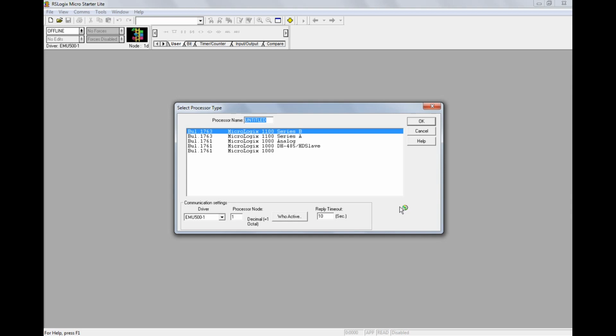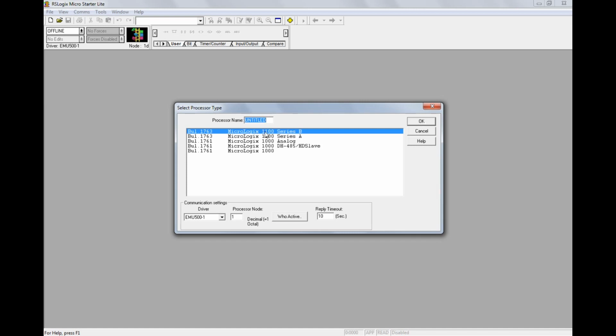If it is RSLogix 500, we can have more processor types. Since we have downloaded this from AB as free software, we can only use a few processors. Once you choose the processor, you can go for OK.